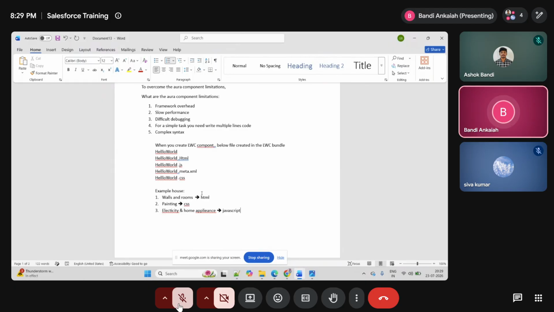And what are the actions that you can perform within your home? If you click on that particular switch, what should happen? Light should be on. If you go to the kitchen, something you need to do. If you go to the bedroom, something you need to do. Those are all the actions. Those actions can be done by using JavaScript. అర్థమైందా? So these three are the main structure of LWC